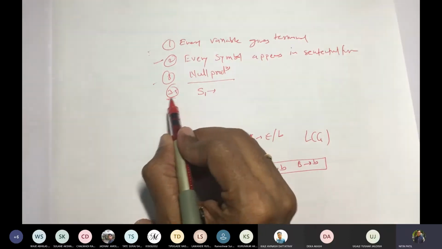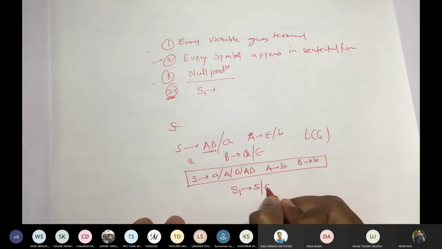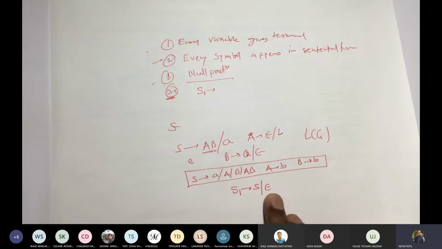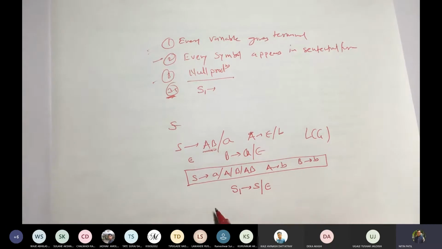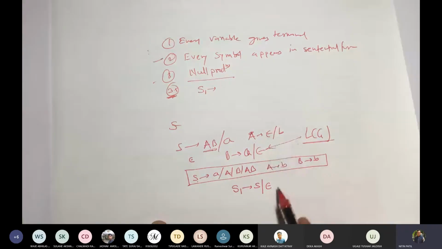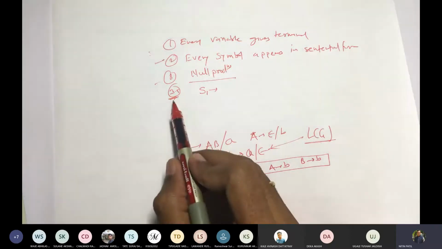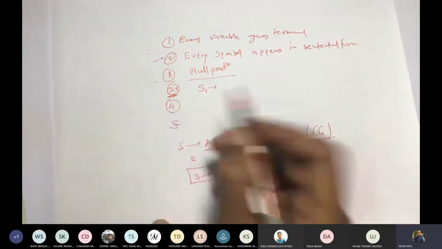So what we generally do in this algorithm is introduce a new start variable S1, and we add only two productions: S1 gives S and S1 gives epsilon, and done. After this 3.5, as S gives epsilon is not available here, to preserve the language, because the language contains epsilon, we have an equivalent grammar without null production. We introduce this one only to protect the language. Okay, this was 3.5.